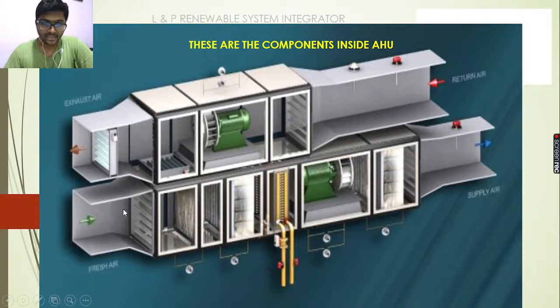After that, to take this fresh air and supply it inside the building, we need a fan. This is the supply fan, and we can also control the airflow of the supply fan using the dampers. These are the supply fan dampers. The same way in the return line, this return duct will take the air from the building and exhaust it outside to the environment. In the return line also we have a fan and a damper.